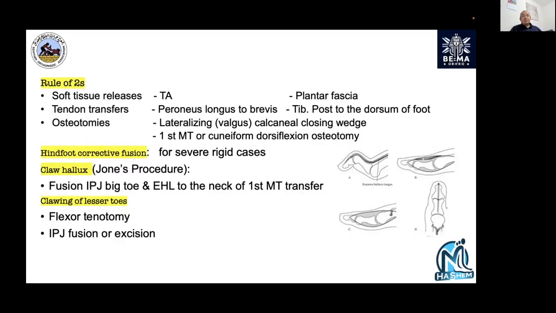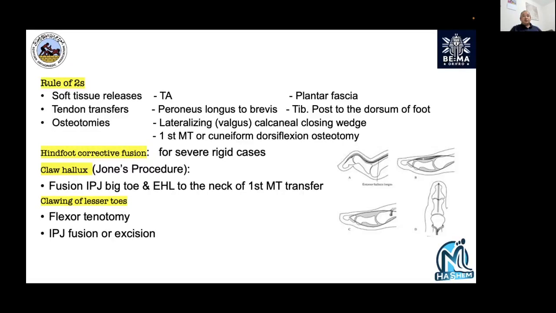Many centers at the moment don't do a plantar fascia release, but the classic teaching is still you have to release the tendo Achilles and plantar fascia to get the cavus sorted. You have two tendon transfers to do. And again, as I told you, you move peroneus longus to brevis to give more eversion force and allow the peroneus brevis to balance